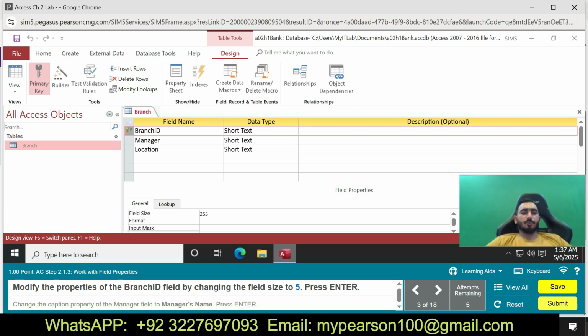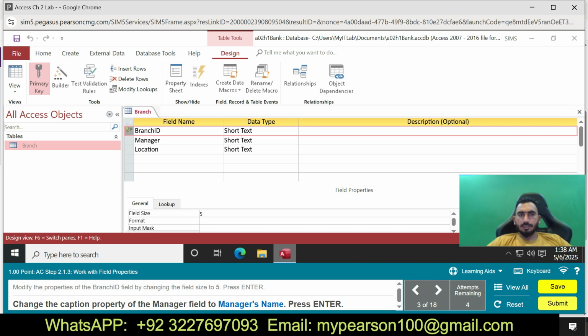Now I'm going to modify the properties of the branch ID. We're changing the field size to 5 and pressing Enter. Change the caption property.